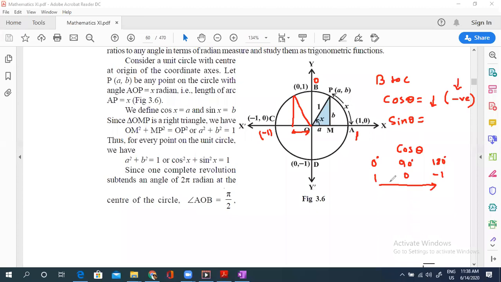Okay, so this was about cos theta. Now we will talk about sine theta. What do you think? What will happen to sine theta? So we know that